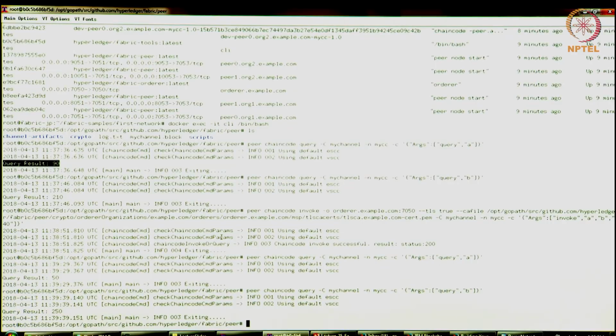Right? So we've gone through how you set up a network by yourself from scratch. You created the identities, you created the certificates, you brought up the network as Docker containers. So in this network, we have one orderer, 2 peers for 2 organizations, so 4 peers total. And we instantiated a chaincode. We performed certain transactions on that chaincode. We also performed some queries to find out account balances. And so that's one simple application deployed on your own blockchain network.